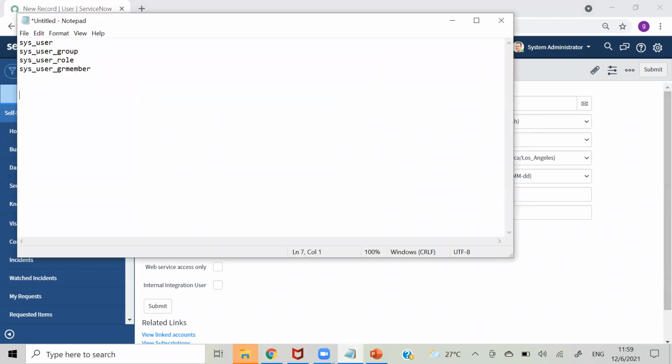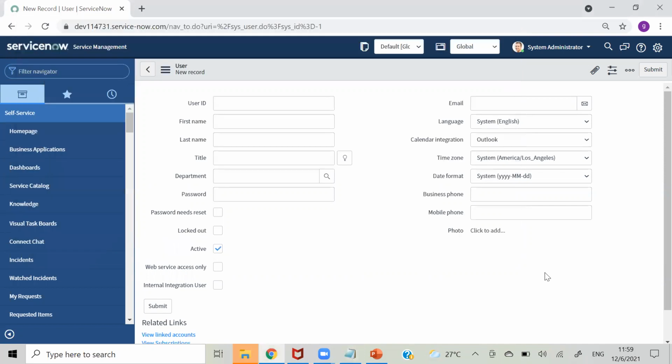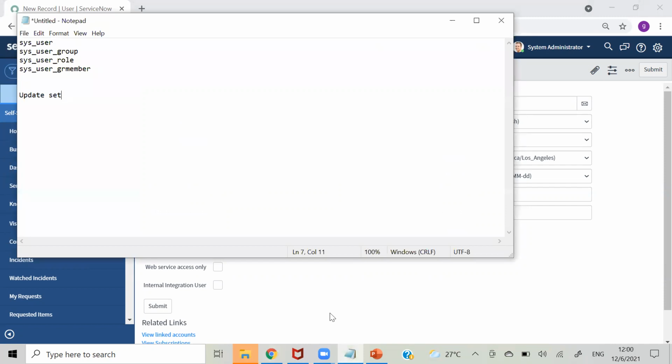On Monday we will cover a topic called update set. We are making some development in our instance, adding fields, creating new tables, and we have to capture that somewhere and move it to the test instance and production. So we have the concept called update set.